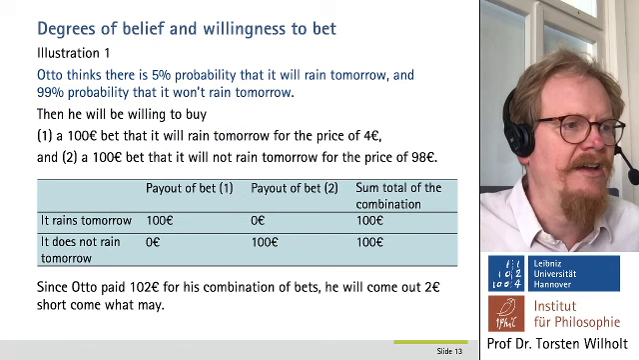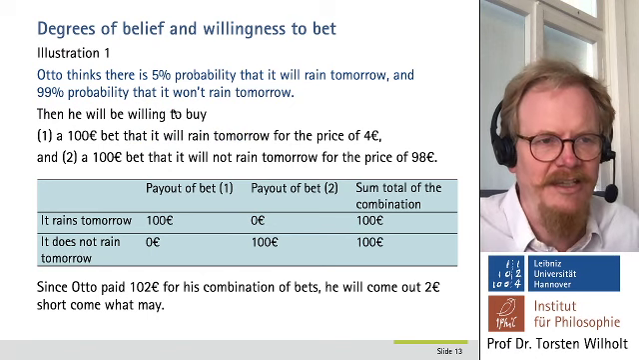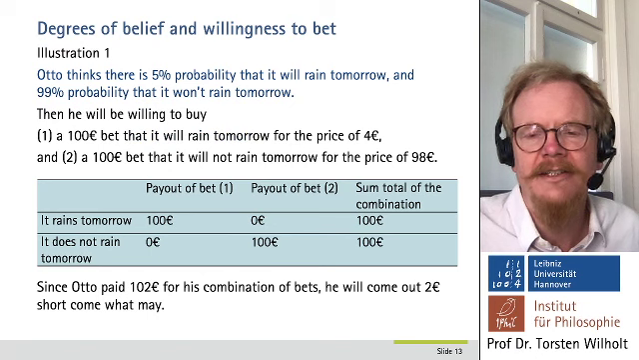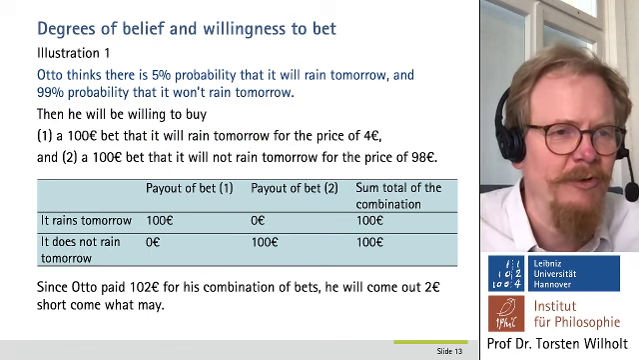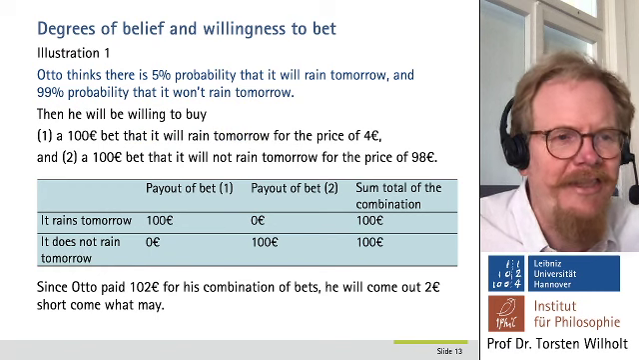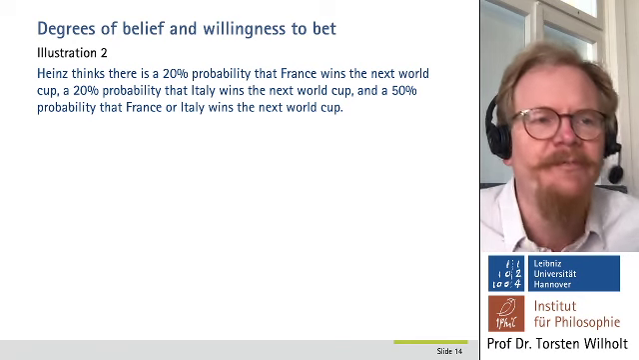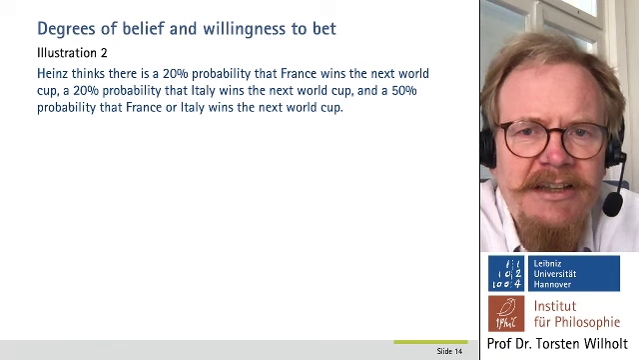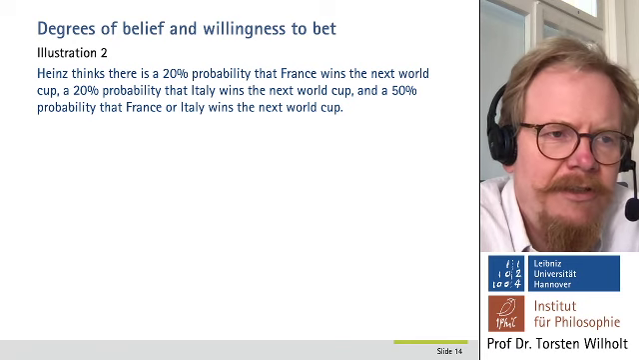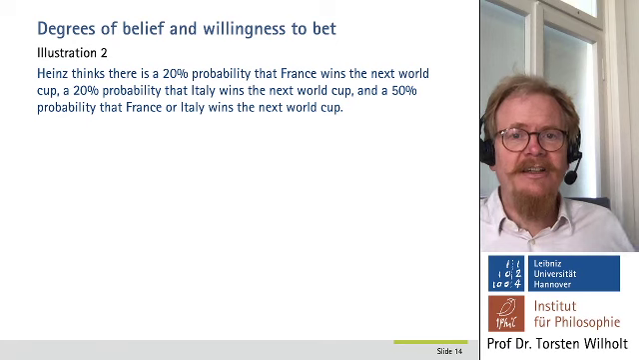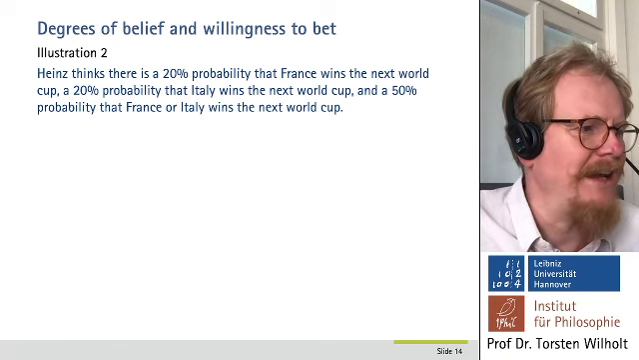I'm going to give another illustration to give you the sense that in case of any inconsistency, you can always construct this kind of thing. By the way, I've upped the stakes a little bit from 1 euro to 100 euros, because it makes it easier to really think of this as a problem for Otto, or for Heinz, as may be the case. Heinz thinks that there's a 20% probability that France wins the next World Cup, 20% probability that Italy wins the next World Cup, and a 50% probability that France or Italy wins the next World Cup. As you know, it shouldn't be like that,